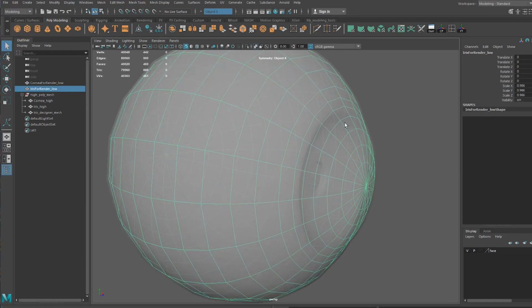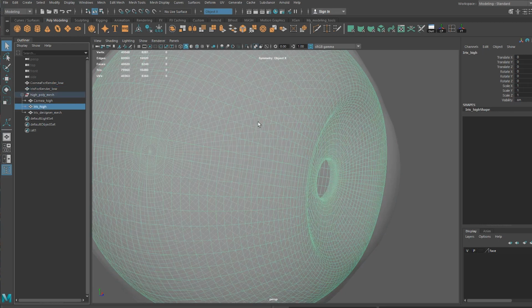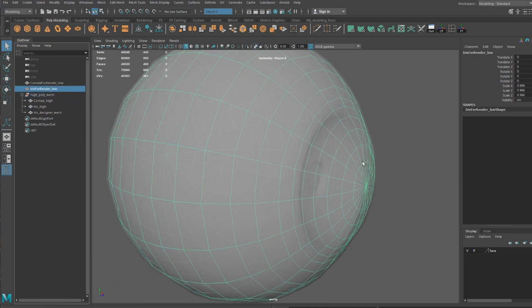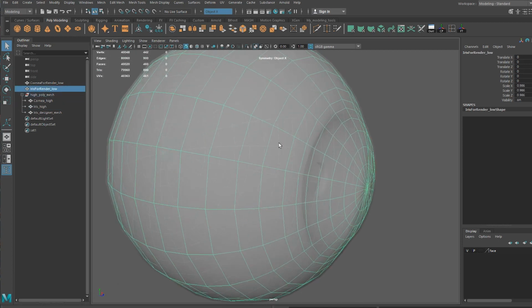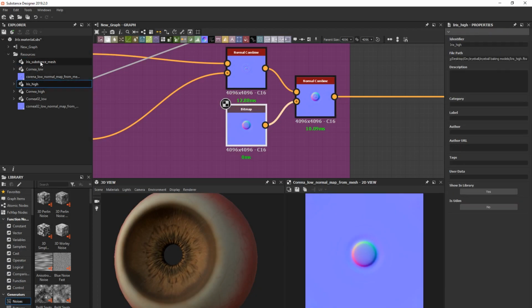Yeah, so this iris low poly is just the same as this cornea, it's just slightly smaller, and I just use this iris high poly. So bake this high poly information onto this iris low poly to have that normal map I just showed you. And back in here, so basically what I did is,